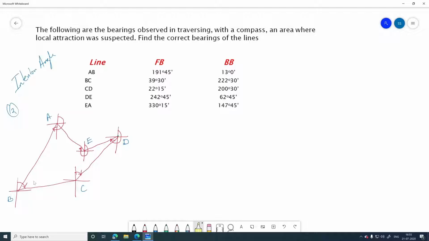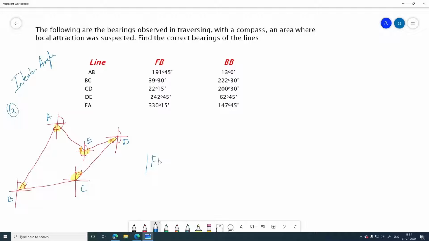First, this particular diagram I already made, that means traversing by using these particular values. The approximate drawing I have already made, and it is something like this, and these are the interior angles from different points. You can already see this is highlighted. Now what we need to do is correct the bearings. First we will make sure the difference between forebearing and back bearing should be 180 degree. So let's see where it is exactly equal to 180 degree and where it is not.